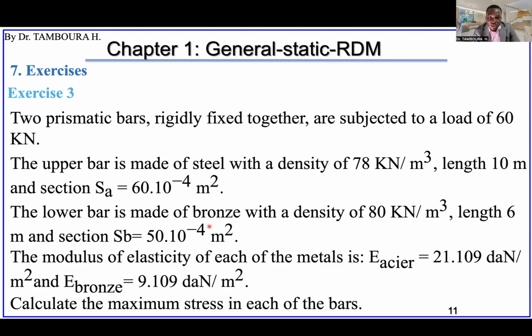And the lowest part of the bar is in bronze. And the unit weight is 80 kilonewton per cubic meter. The length is 6 meters. And here we have the section of 50 multiplied by 10 power minus 4 square meter. So the Young modulus, elastic modulus for this is